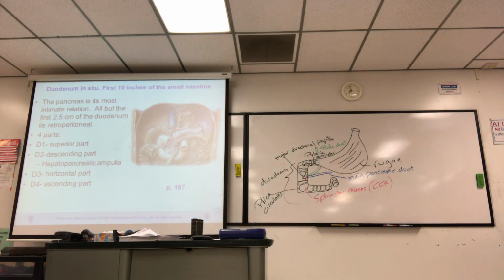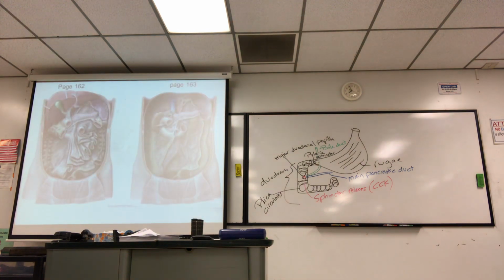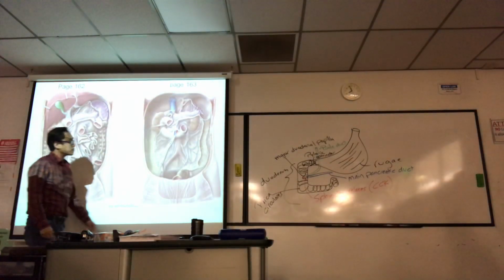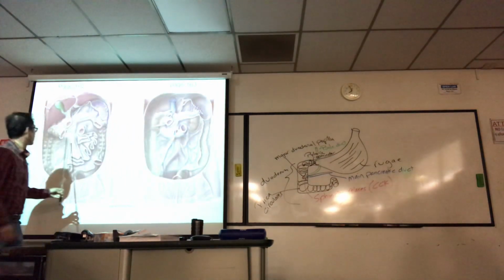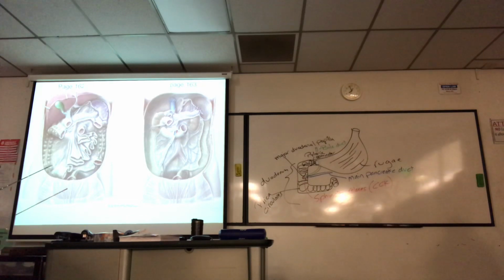There's some more pictures of the duodenum. Turn the lights off so we can see it a little better. The picture on the left, what you've done here is, if you take an inventory, I got liver and gallbladder there, okay. And then you can see the duodenum there, you can see pancreas there, and spleen. I always tell students, just remember, liver on the right, spleen on the left. Right, left,